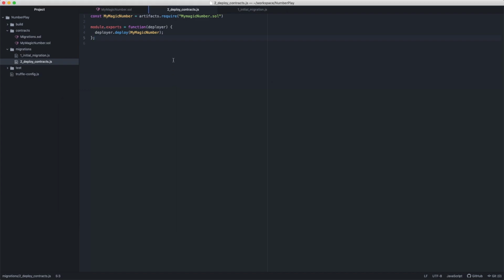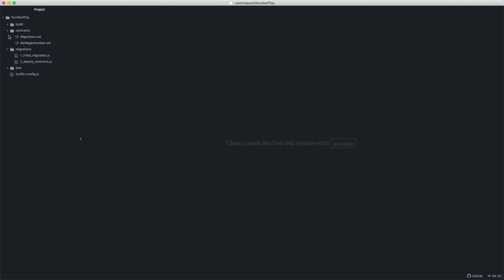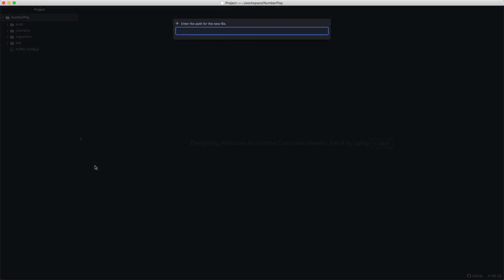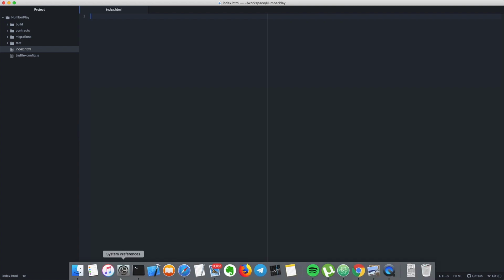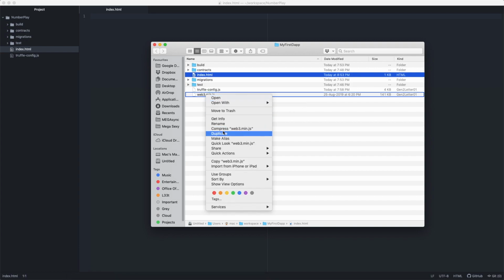Now our contract is deployed successfully and it's ready to be used through our web app. So currently we'll not build a very hefty web app. I'll just create an index.html file, and to interact with your smart contract you need a library, Web3. You can also install this through